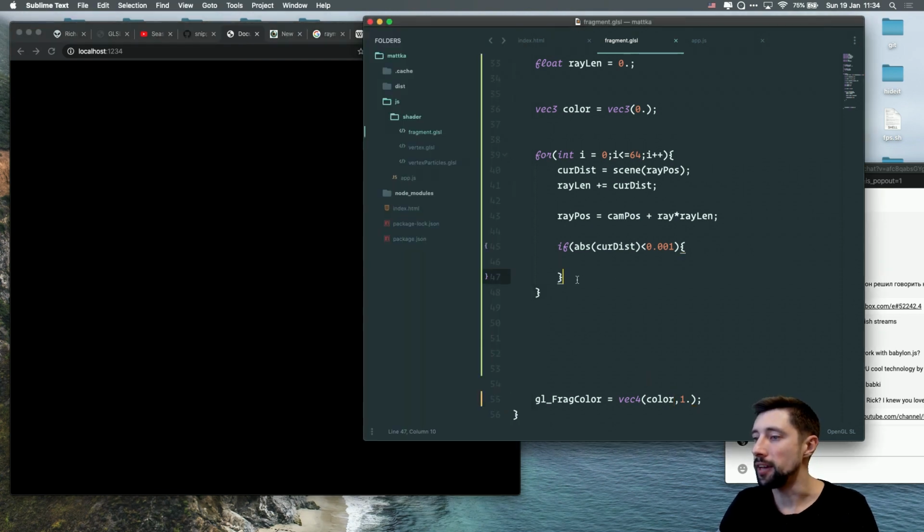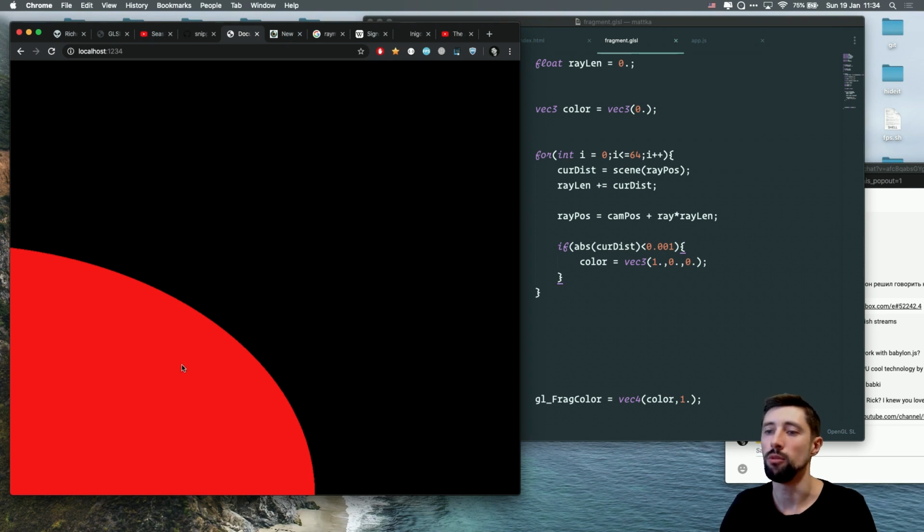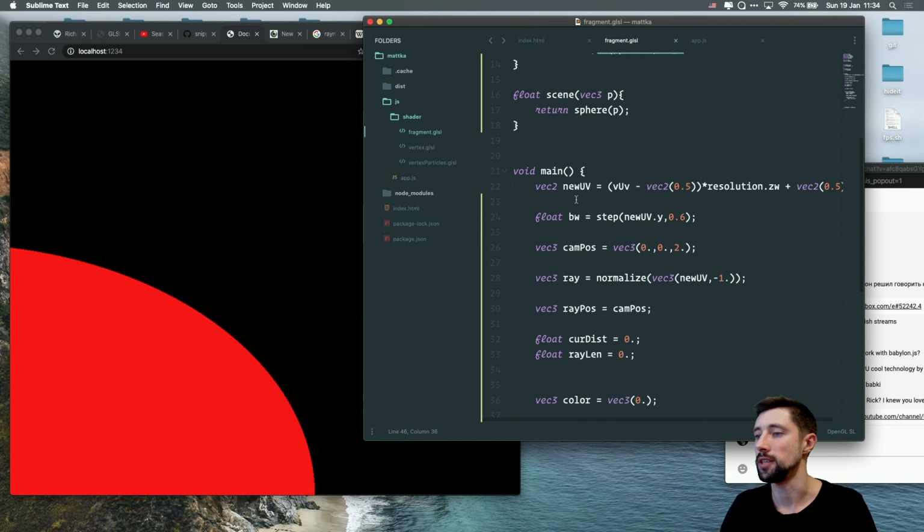So if I'm hitting any object, I'm going to set the color to some other color. And hopefully I should see the red. Yeah, I almost do that. It's not exactly centered because I'm not using the normalized coordinates. I have the UV, which runs from 0 to 1. So to make it better, I think I just